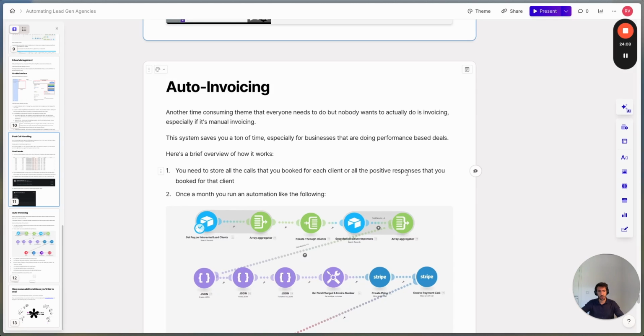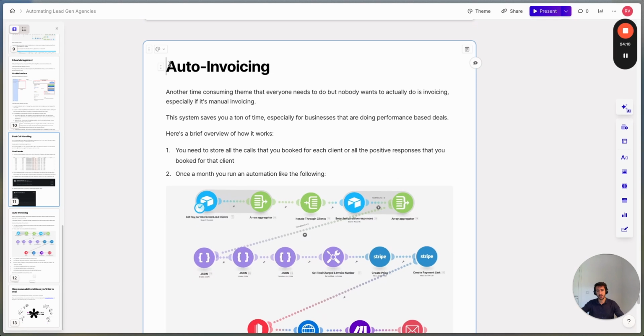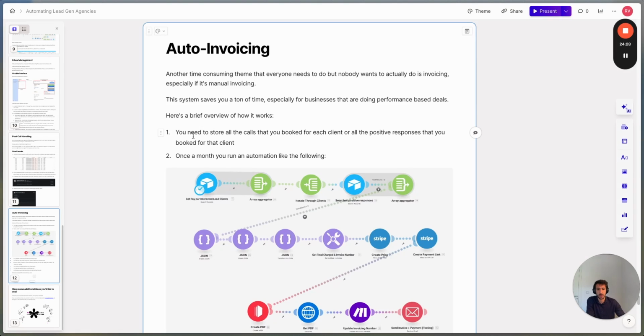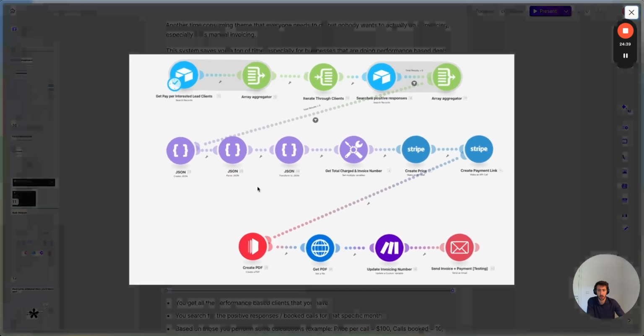The last thing that I want to show you over here is auto invoicing. This is a very important thing for some companies, especially the ones that do performance-based deals, such as pay per call booked or pay per interested lead. The overall goal of this system is the following: you store all the calls for all the positive responses within your table, and then once a month you run an automation like the following, where